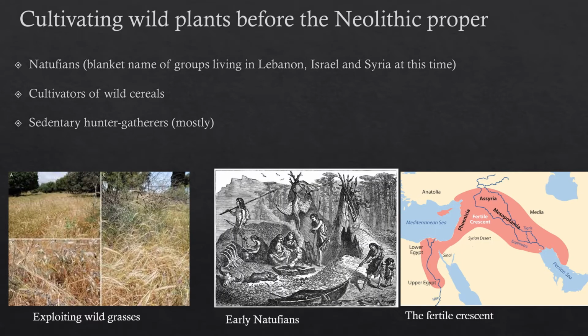It is believed that farming first began in the Fertile Crescent in the Lebanon, Israel, and Syria sort of region about 20,000 years ago, which is known as the Epipaleolithic, where the groups of people living in this area at the time were dubbed Natufians, who were, strangely enough for the time, sedentary, whereas most other hunter-gatherers at the time were all mobile. But these were sedentary people who started building houses, and they also began processing wild cereals from about 20,000 BC. The process really took off, however, around 11,000 BC, which is where you start to get Neolithic sort of aspects. And the domesticated forms of cereals